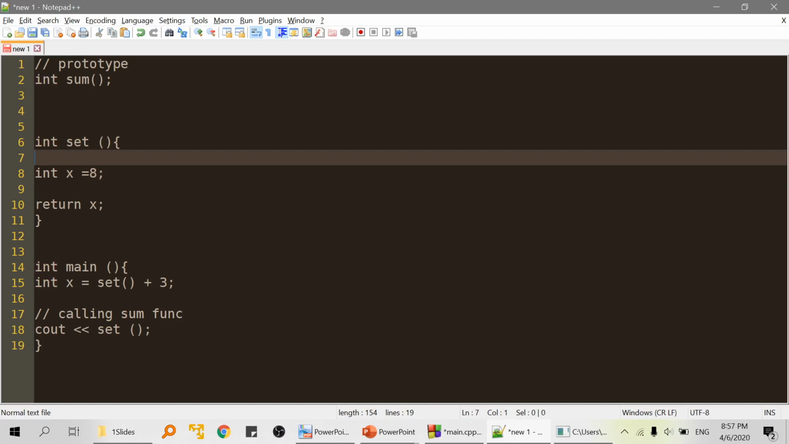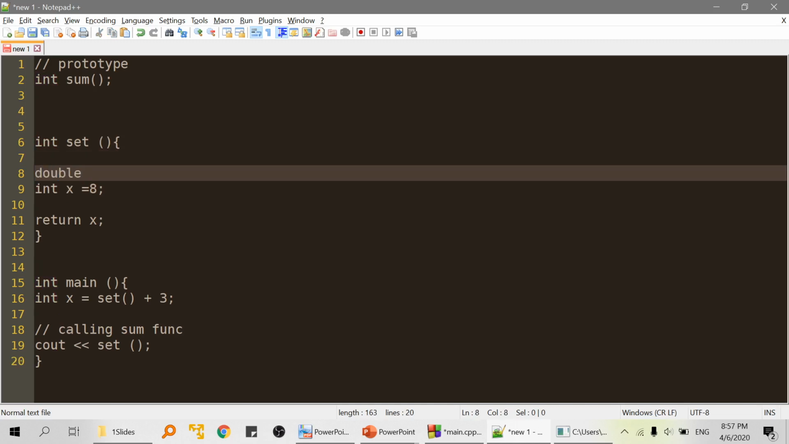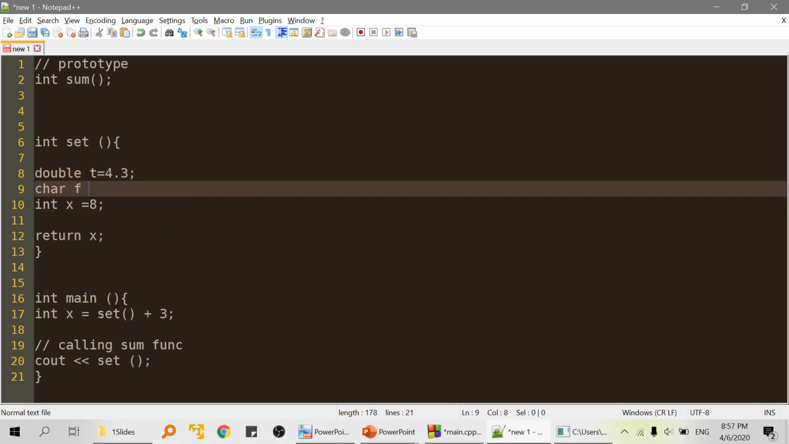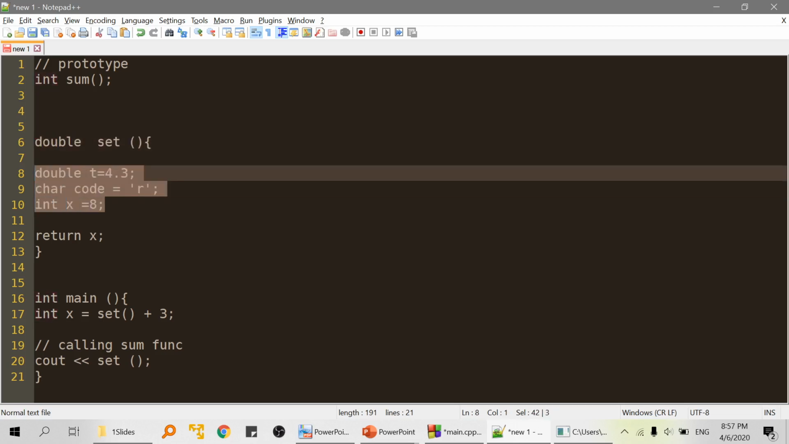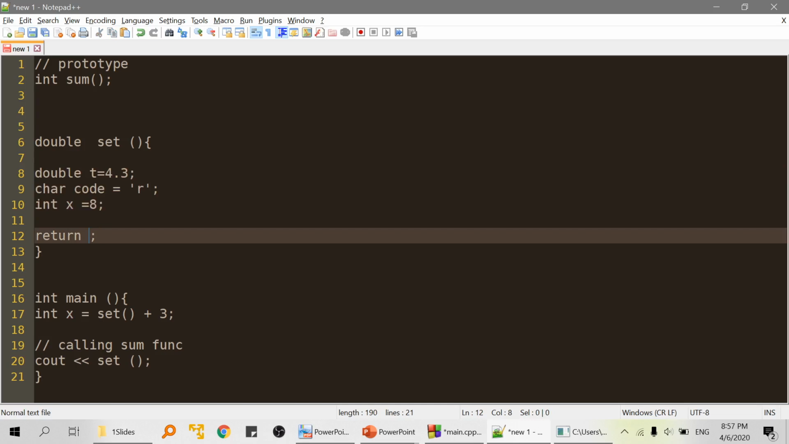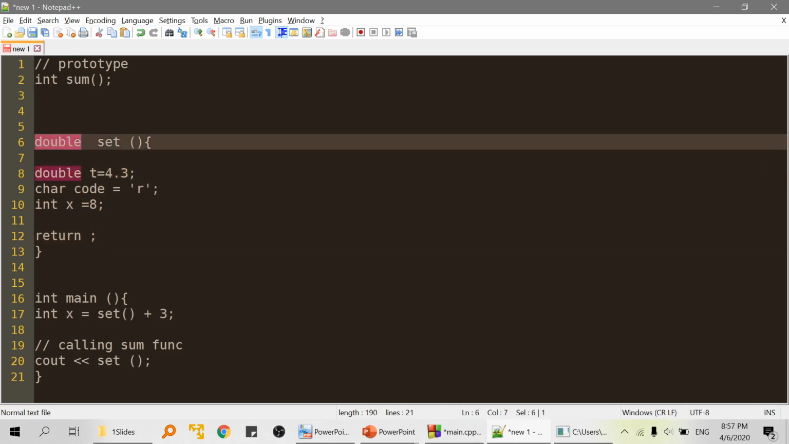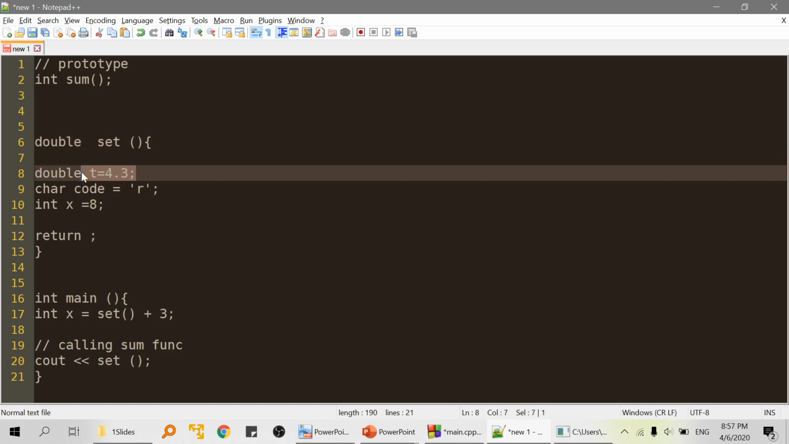Imagine I have another variable, double t, for example 4.3, and a char f, let me say code equal to r. If I ask you, and I have this function's return type as double, which one among these three variables can I use as a valid return here? Of course, that should be the double. Why? Because the function return type here is double. So how do I return this? It's just by calling